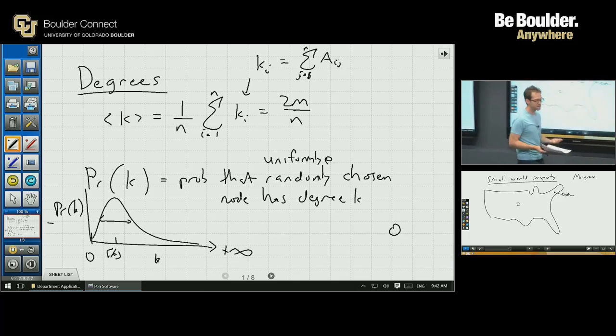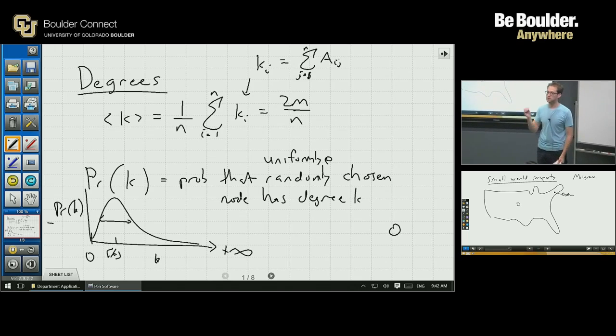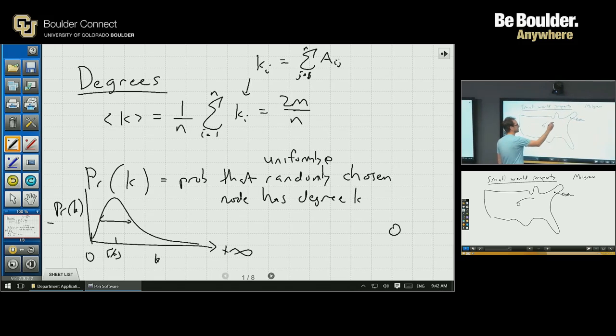So the rules of the game basically said you can only pass this packet along your friendship edges. You can't use the U.S. postal system to just mail it to somebody. And then there was a ledger inside in which you would write your name. And so people did this. They would write their name and where they were and what they did, and then they would send it to a good friend of theirs who lives somewhere else. And what he found is that the packets tended to do this,